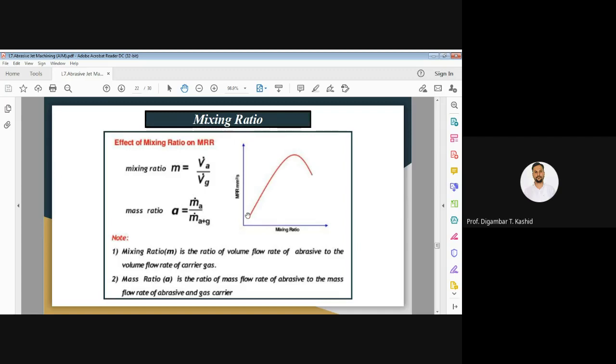So that point is called the critical point. In this case a very small nozzle pressure is there at that time, so actual data are not available before that. The data is available beyond this limit only, so the curve starts from that point, whatever I have shown in the diagram.